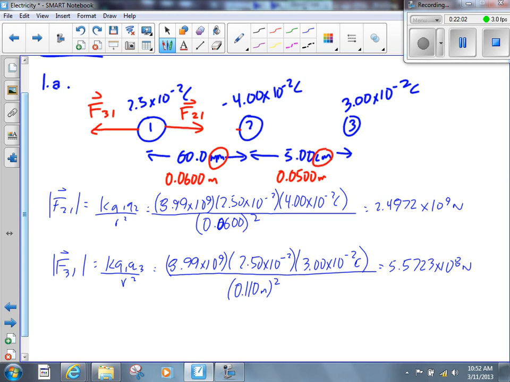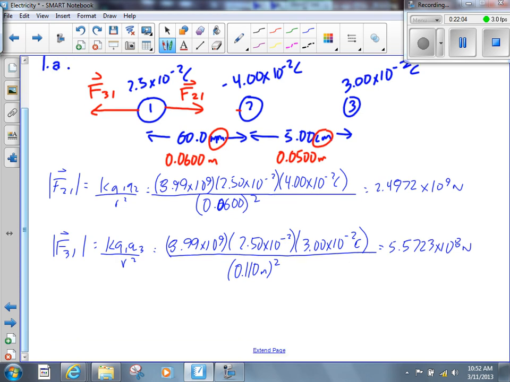Now we go to combine those forces. The net force is equal to F2 plus the force of 3 on 1. What do we got to be careful of when we're adding these two up? Jade? Yeah, the positive and negative thing, right? Is it force to the left or a force to the right? F2 is a positive value because it's to the right. So we're going to say positive